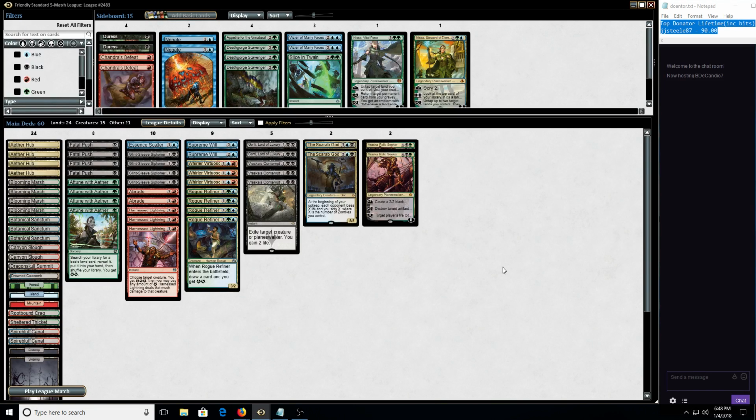4-color energy. We still have a little counter magic, but we're smaller. We don't have the gear hulks. Still have a lot of interaction in the early turns, and we still have our powerful spells in Vraska, Scarab, Gonti, and Whirler. But overall, it's just a leaner build of the deck, and I've not actually tried this